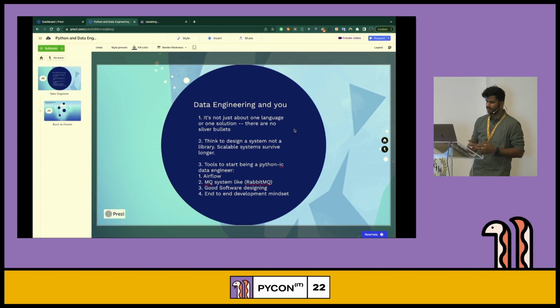It's going very fast. One thing that I would like to say is, whenever you are thinking of trying to make a data system, you don't need to think like you are creating some snippet or a library. Whenever you're creating a data system, you should think of it as creating a data system. If you think like that, you can make scalable choices. Libraries don't go far. Systems can evolve to a bigger system, right?